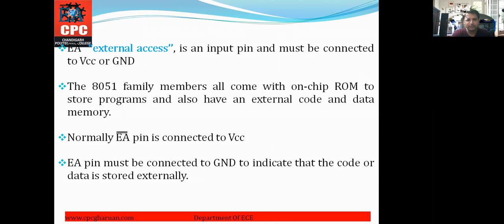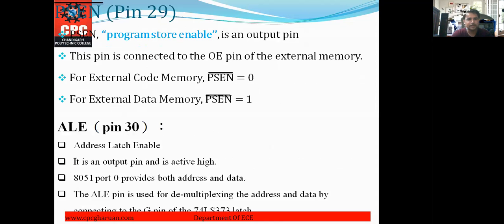EA bar pin must be connected to ground to indicate that the code or data is stored externally. PSEN, program store enable, is an output pin. For external code memory, it is 0, and for external data memory, it is 1.